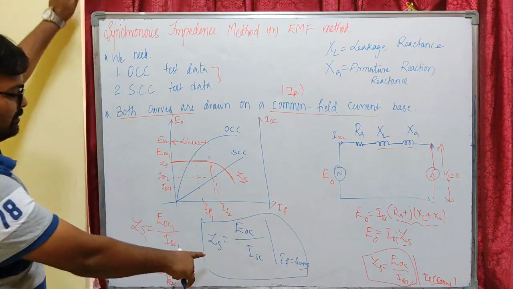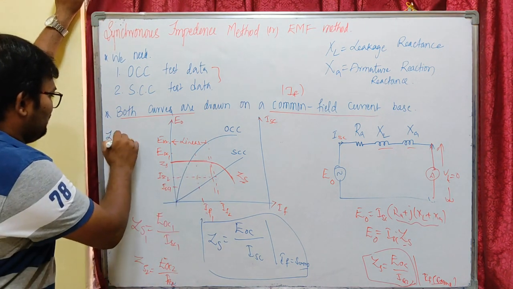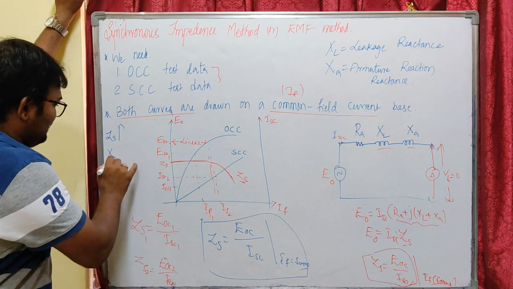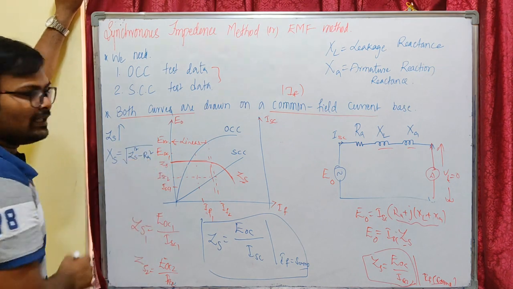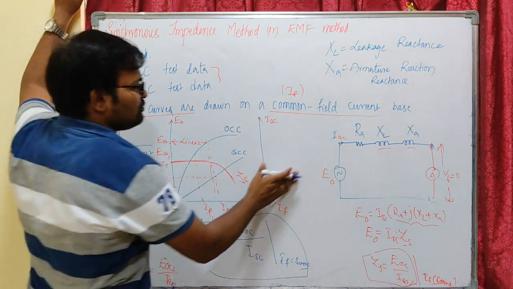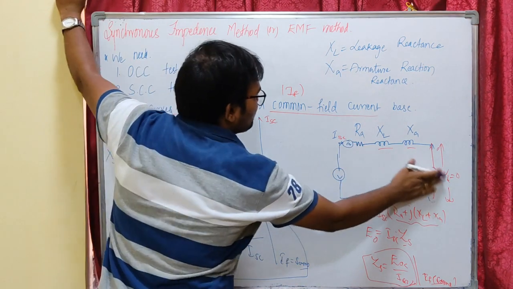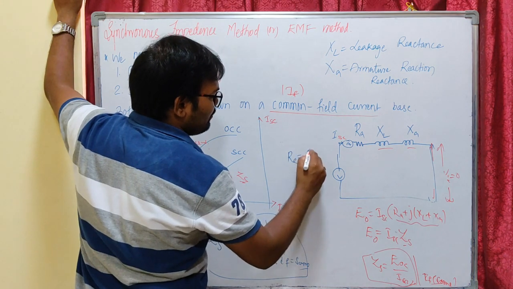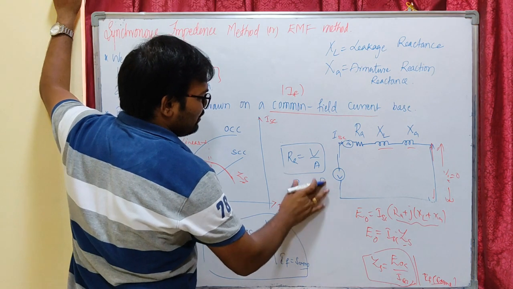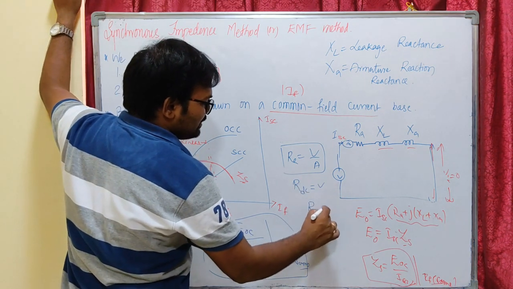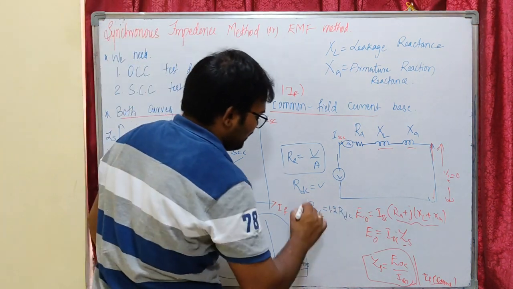So we have obtained the ZS value using the open circuit and short circuit characteristics. So ZS is found. We can find XS by applying the square root of ZS square minus RA square. How can you find RA, the armature resistance? By applying some DC voltage to the armature and measuring the armature current, the V by A ratio will give us RA. That is the DC value of resistance. We need RAC, that will be 1.2 times RDC. So this is how we calculate our armature resistance.